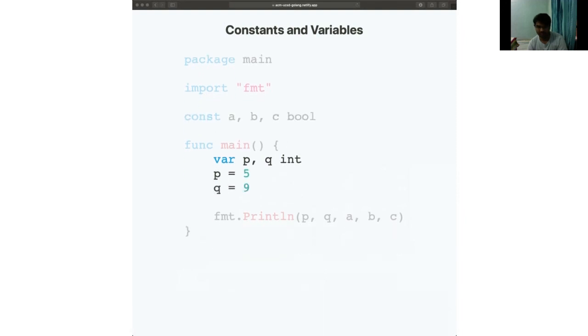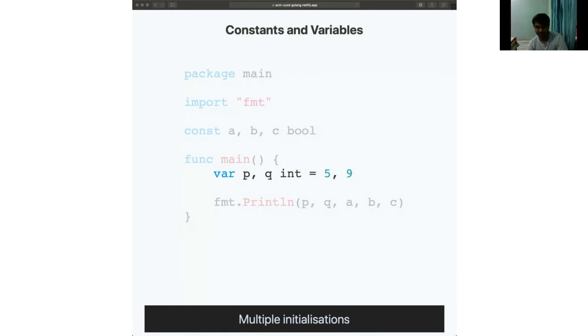And this is a declaration where we also have to specify the values, but it's kind of ugly, right? You have two lines, and each line just assigns a variable value. Actually you don't have to do that. Go lets you compress everything into a single line and just write a list. In this list, 5 is assigned to P, 9 is assigned to Q, sequentially like that. So you can do that.